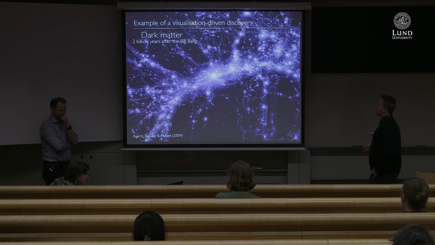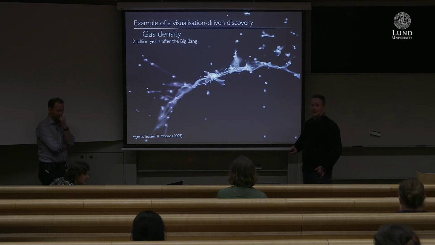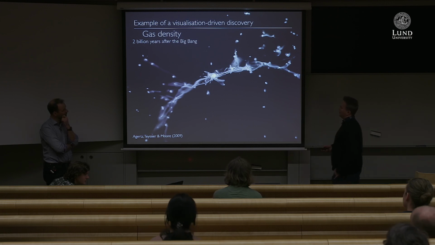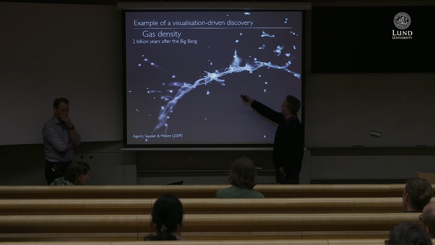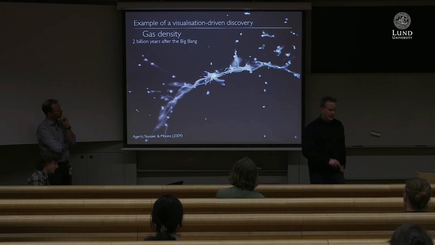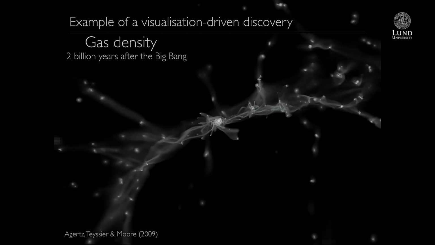So we switch view now to looking at where the gas is. So the gas is where, basically, the atoms are in the universe. And in these points here, right, we think stars are forming. And most of the stars are forming here in the very center. It starts to look like a little disky thing here, right? And when we did this, we discovered how extremely filamentary this process is, right?